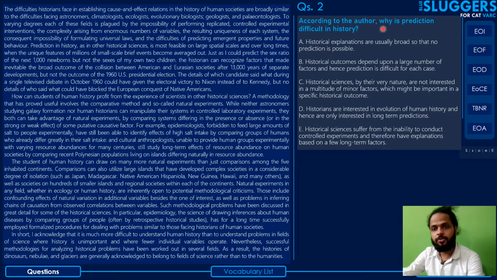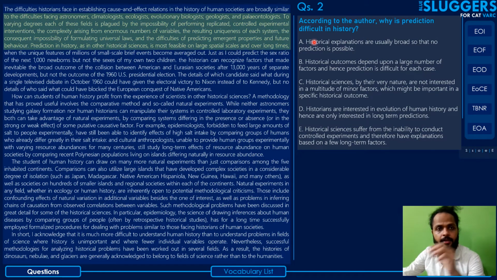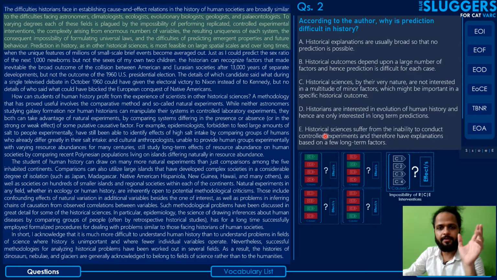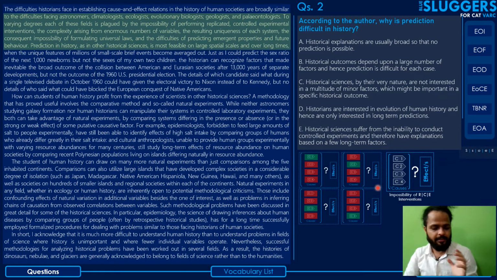Question 2. According to the author, why is prediction difficult in history? The apt point of reference is here, where the author notes that to varying degrees each of these fields is plagued by the impossibility of performing replicated, controlled, experimental interventions and so on. So guys, if you recall, we had discussed this in detail in the passage explainer